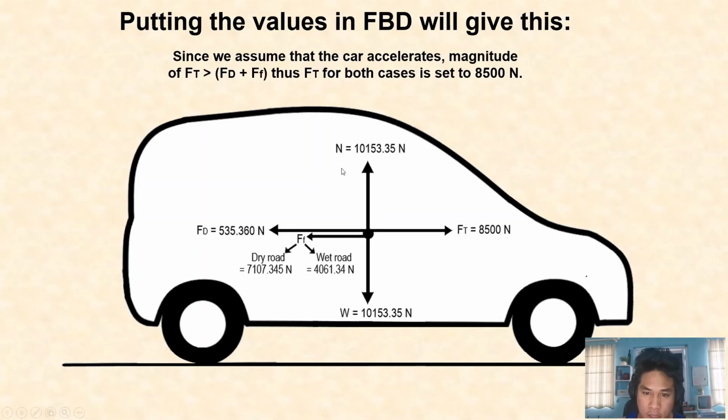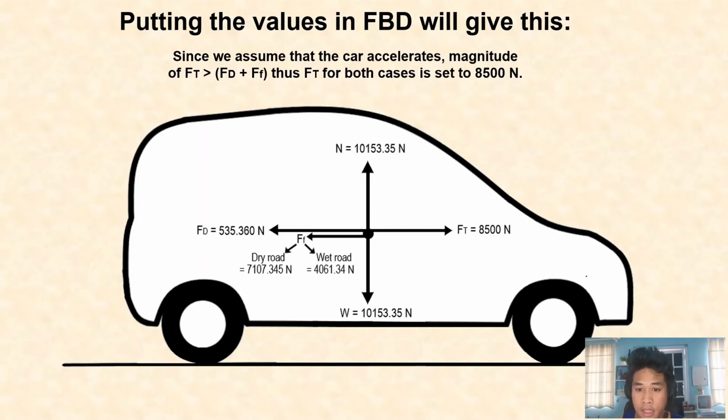The frictional force is in the left direction, as well as the drag force, and the total of both forces, either in dry road conditions or wet road conditions, must be smaller than the value of the thrust